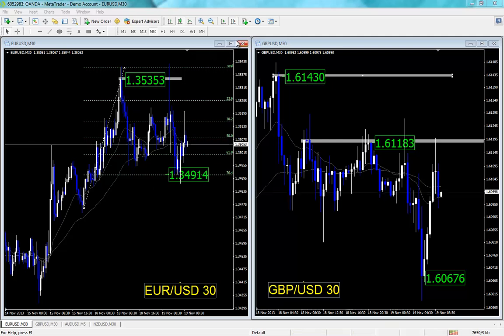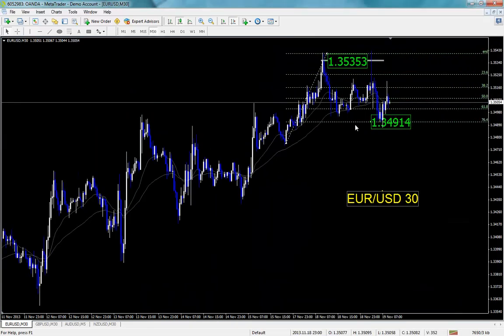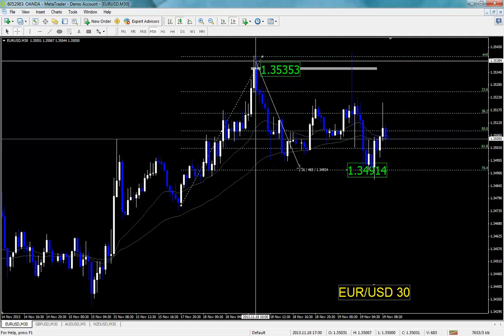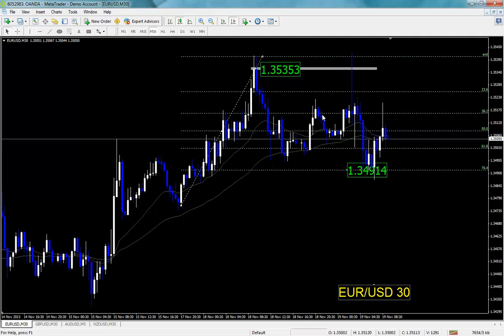This is the Euro 30-minute. I'll go ahead and expand that a little bit and zoom in. This is pretty choppy here right now. This range is not big enough for a high probability advantage. It's under 50 pips, so very, very choppy. I do have a level right here that I like,